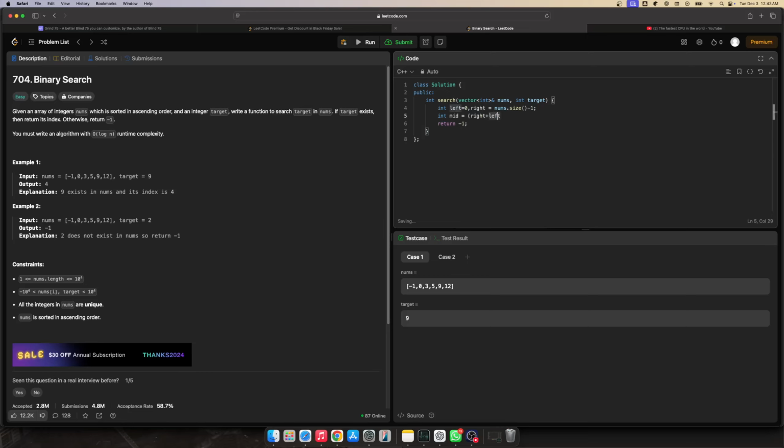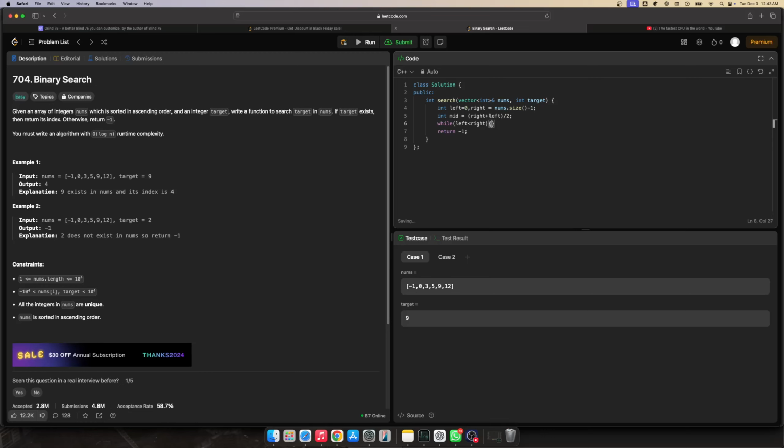There was one overflow maintenance thing. I guess I'll search for it. I do not remember, or maybe we will just do this analysis on my tablet later on. But I believe for this question we can get mid like this, no problem. So while left is less than right,